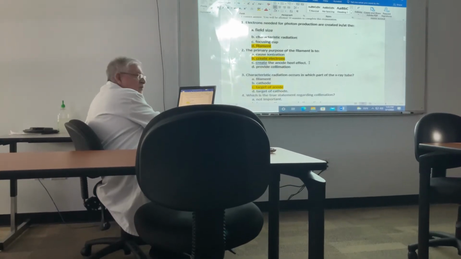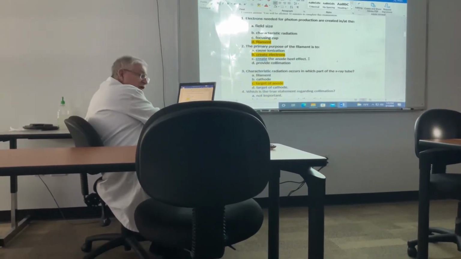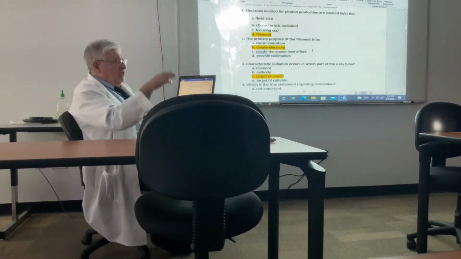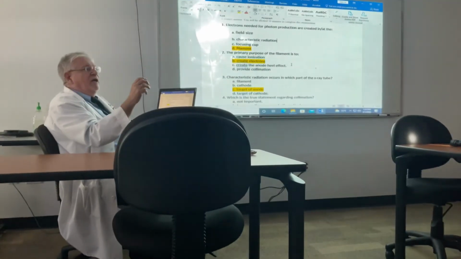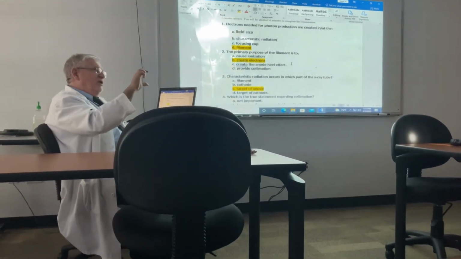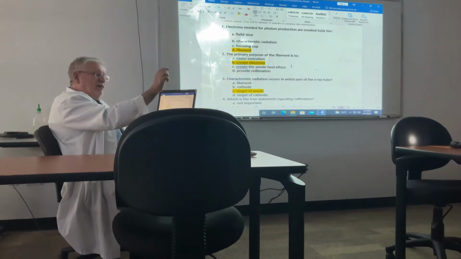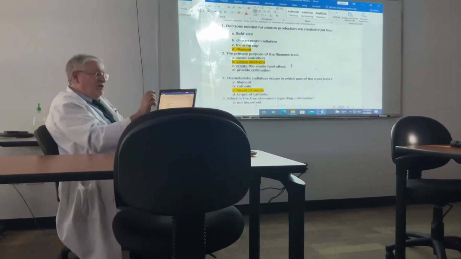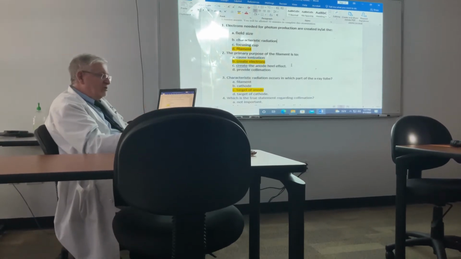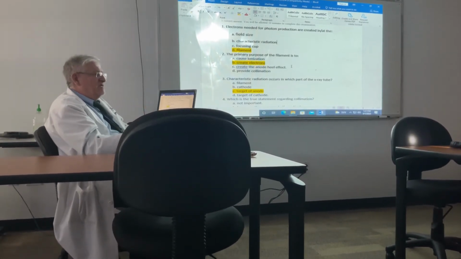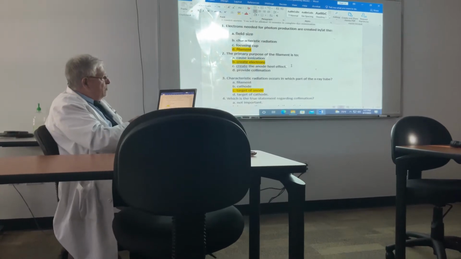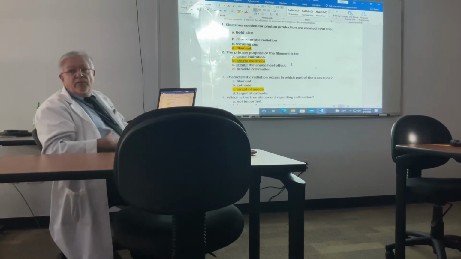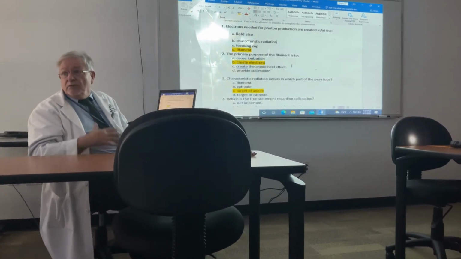Anode heel effect, remember that statement, that picture? Okay, that was asked on the last board, but it wasn't asked about the anode heel effect. It was something called the line focus principle, where the electron beam enters the target, and it was pretty big, and then as it exits the machine, it became smaller. Remember that picture? That's what they asked about. Who cares? I don't care, okay? I didn't emphasize that. I emphasized the anode heel effect, and in the picture, the intensity of the X-ray beam is larger on the lumbar spine because it's a larger body part, okay?